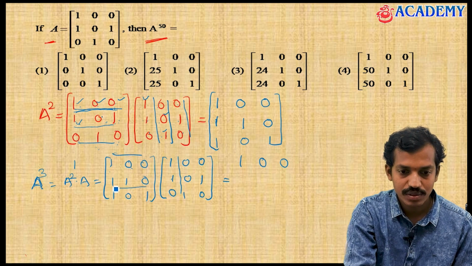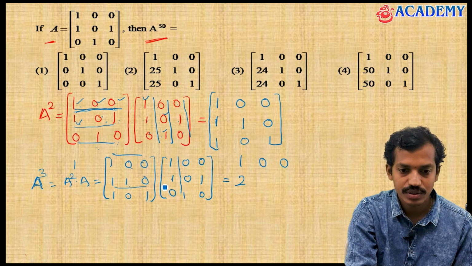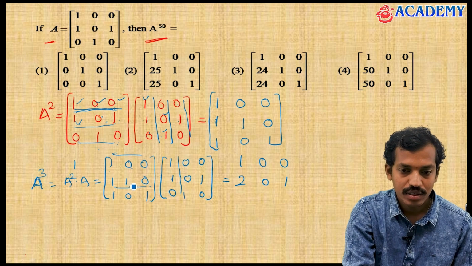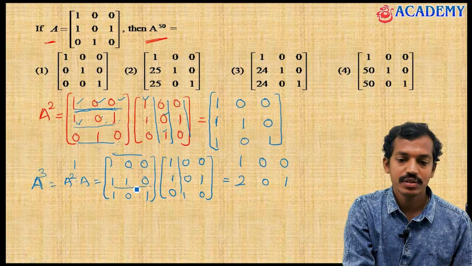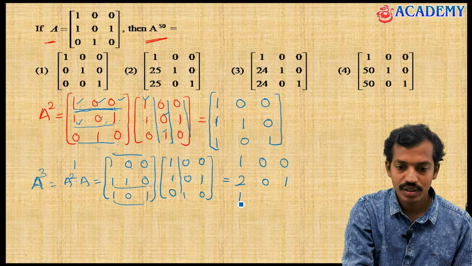second row, that is 1 into 1, 1 into 1 plus 1 into 1, 1 plus 1 2 plus 0, that is nothing but 2. 1 into 0, 0 1 into 0, 0 0 into 1, 0, you are going to get here this value is 0. Next 1 into 1, 1 into 0, 0 1 into 1, you are going to get here 1. Next 0 into 0 is nothing but 0, third element is over. Third row first column, that is 1 into 1, 1 plus 0 into 1, 0 plus 1 into 0, 0, you are going to get here 1.